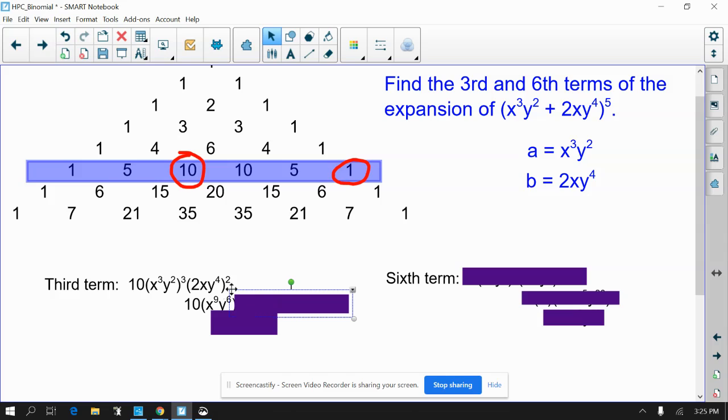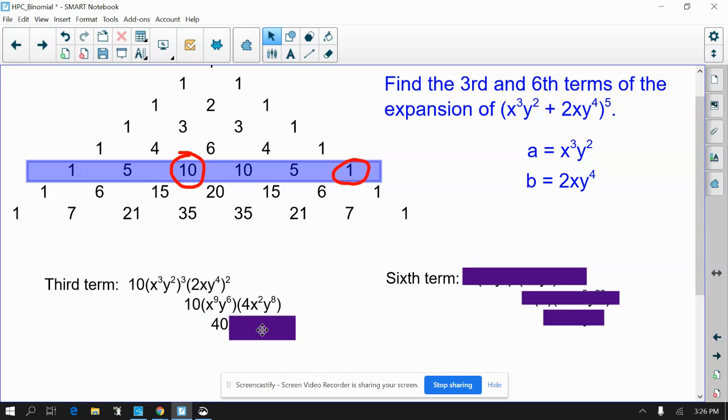You are going to do 2 to the 2nd because 2 is inside. So 2 to the 2nd is 4. X squared is x squared. And y to the 4th squared is y to the 8th. Now you can multiply. Everything is just being multiplied, so you can rearrange this however you want. The 10 and the 4 become 40. Again, for some reason, students want to add here. I'm not sure why. But then x to the 9th times x to the 2nd is really x to the 11th. And y to the 6th times y to the 8th is y to the